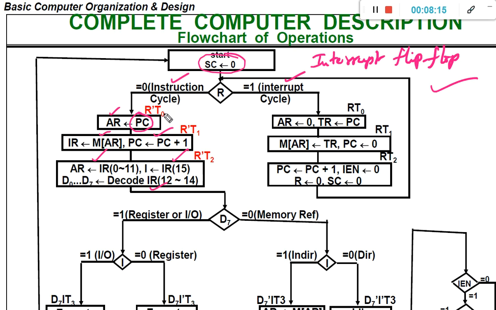So these statements are recognized as R'T0, R'T1, R'T2, which we have explained in the previous class.